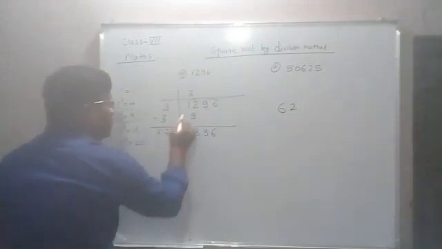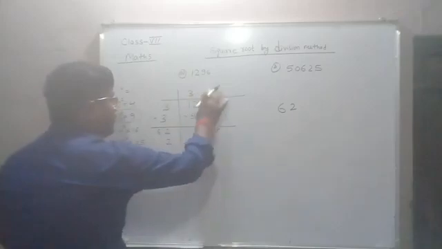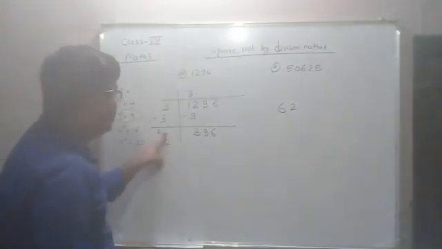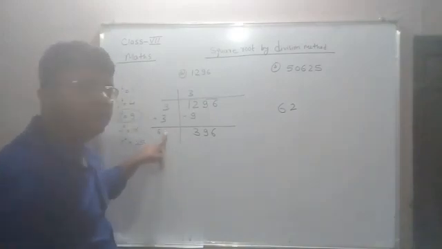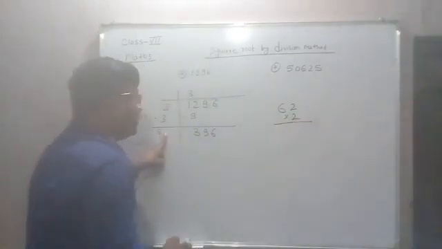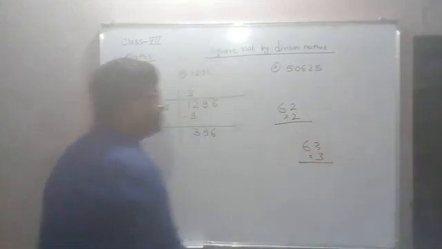I have to write 2 here also, here also, here also. Okay, and this 2 we will multiply and write here. What will we write here? By the same number we have to multiply here. Suppose if I write 2 here, then it becomes 62, we have to multiply by 2. If I write 3 here, then I have to multiply by 3.